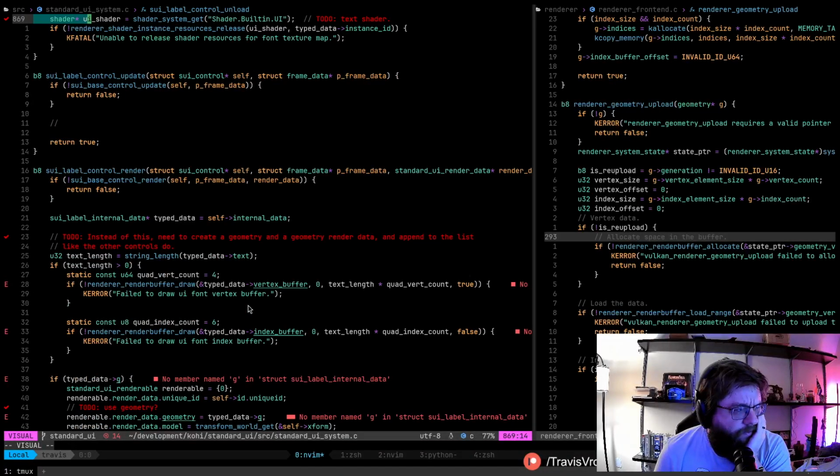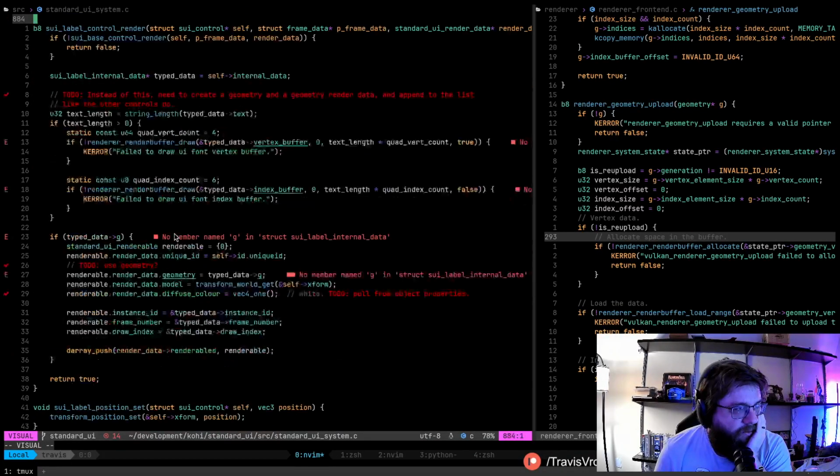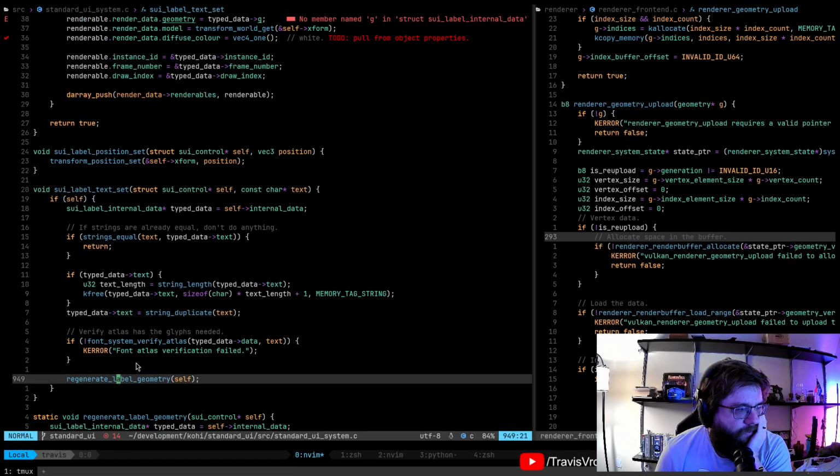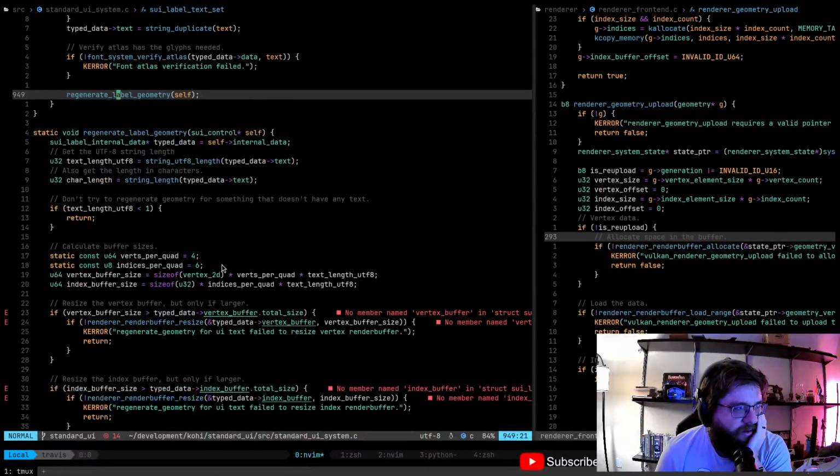When we do a set text, we regenerate the label geometry.